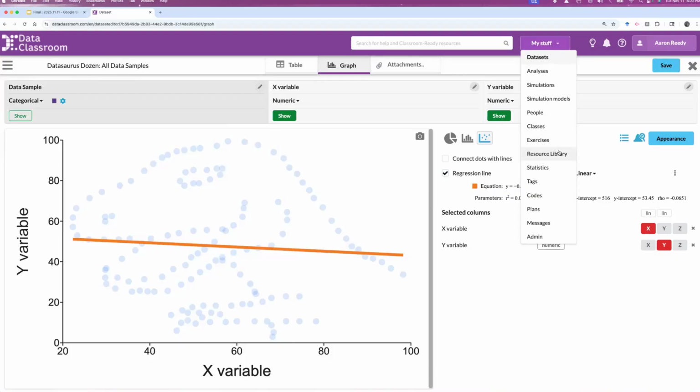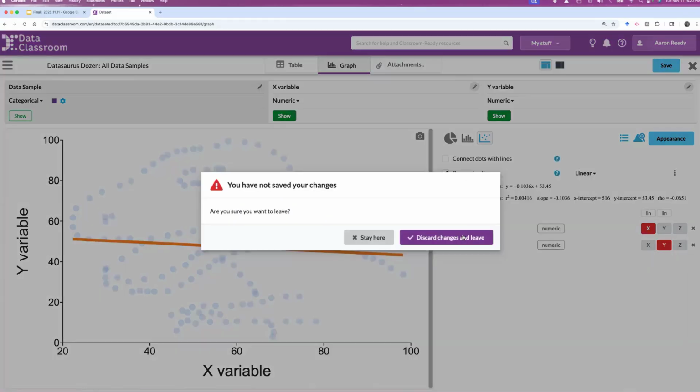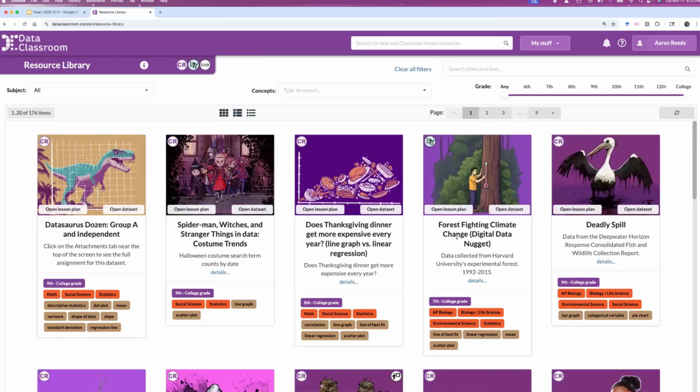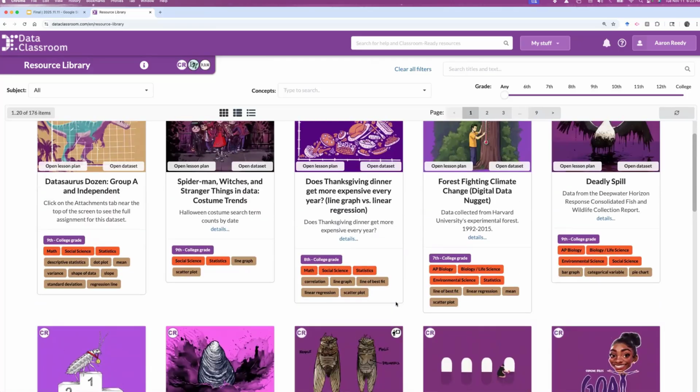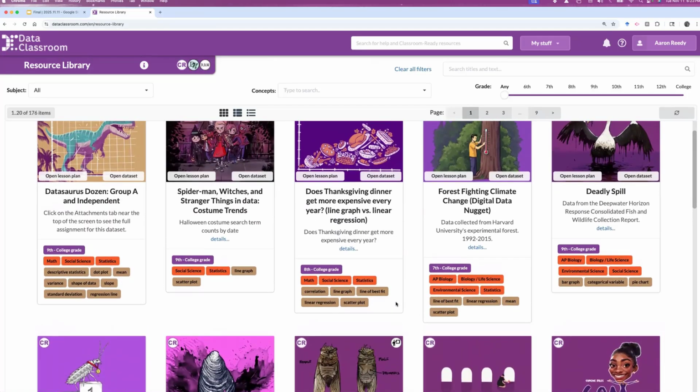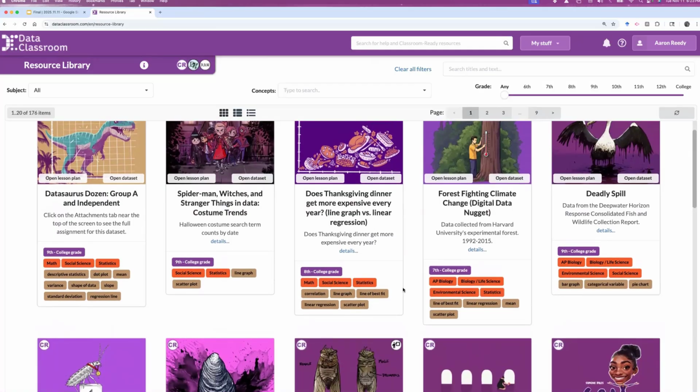Okay, for my next example, I want to illustrate that graphs can help you ask the right questions. I'm going to leave this data set and go to the Data Classroom resource library. This is a collection of curated data sets that have activities that go with them. There was an activity for that data source dozen. We didn't even look at the student-facing assignment, but that's in there if you think that's an interesting data set